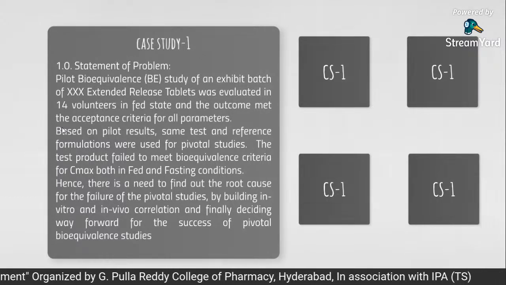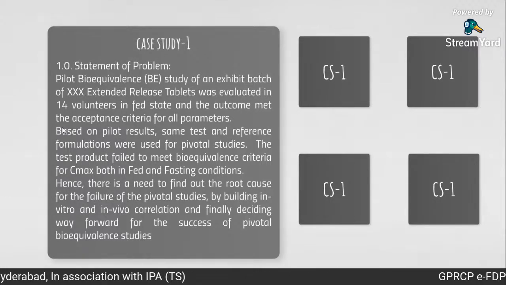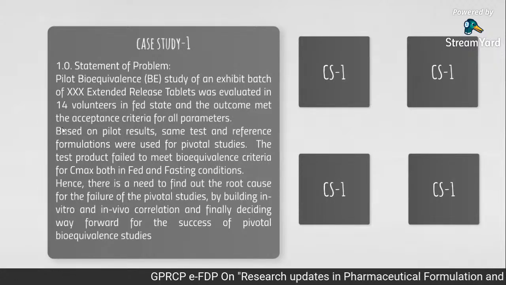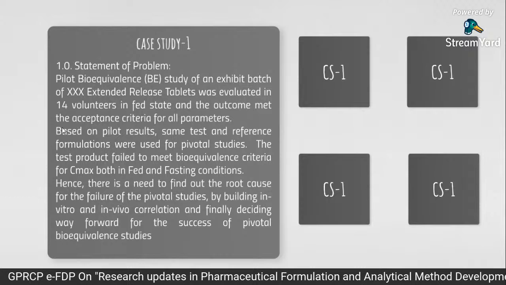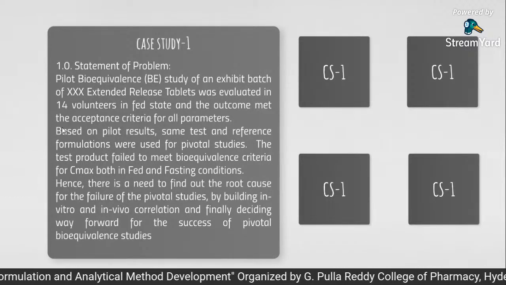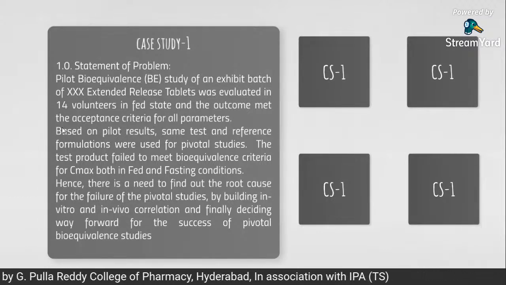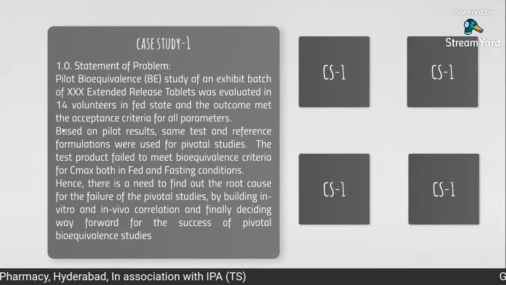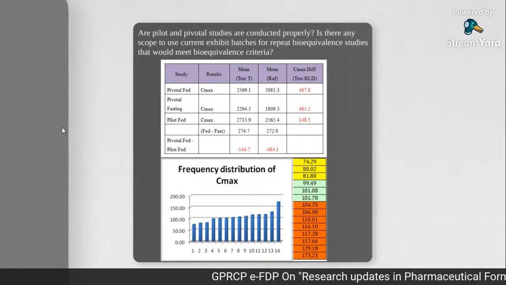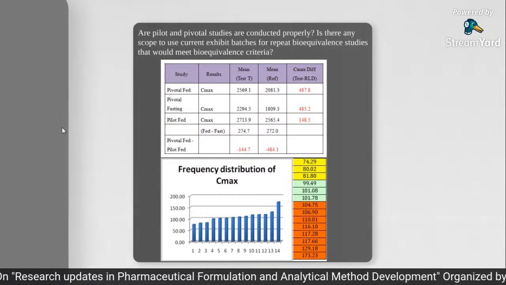In this case study, as a statement of problem, I will try to explain how we built the correlation by using the dissolution profile alone and by using IVIVC alone, separately. As I told you in previous slides, only level A correlation we have built. How we built the IVIVC using plasma data of this failure, and how we drew a conclusion based on the dissolution profile alone. You can see here the data obtained in pilot as well as in fed. I have represented it in a table, followed by a graph below.